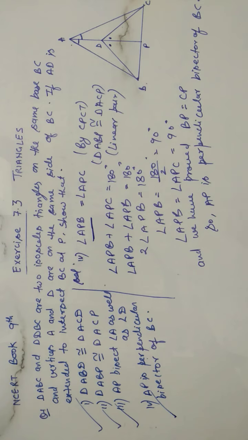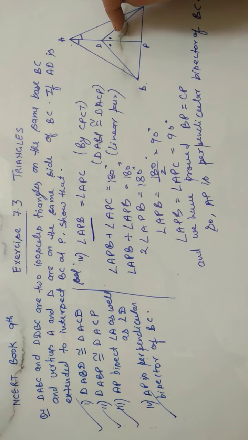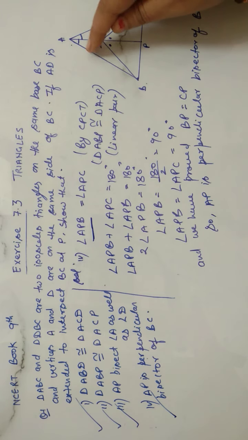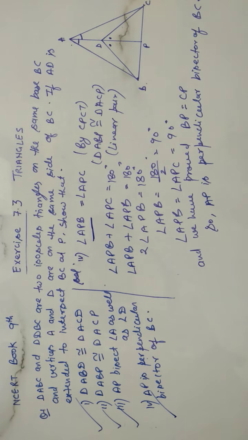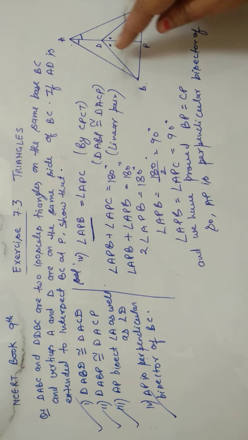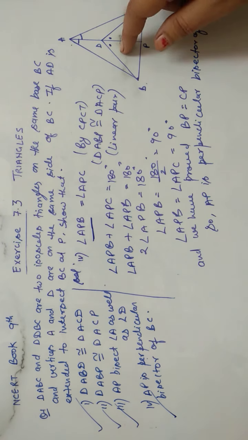Okay, now for the first, what we have done: these two sides are equal, these two sides are equal, this is common. So by SSS, congruent. For second, this side is equal, these two angles by CPCT, this is common. So by SAS, both are congruent. For third, these two we have proved already as equal. These two sides are equal, this is common, and these two by CPCT. So by SSS, these two triangles are congruent.